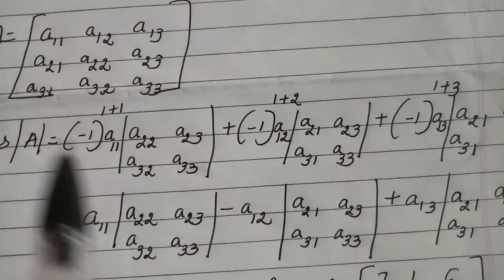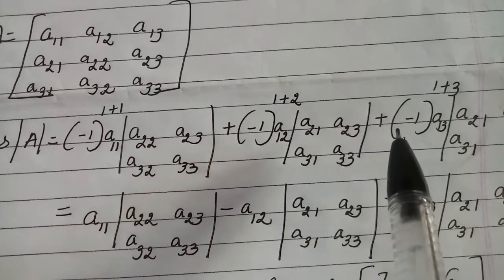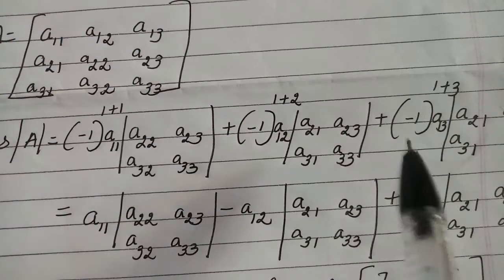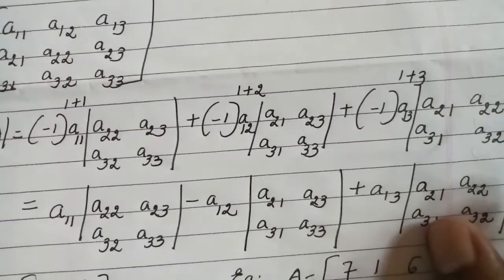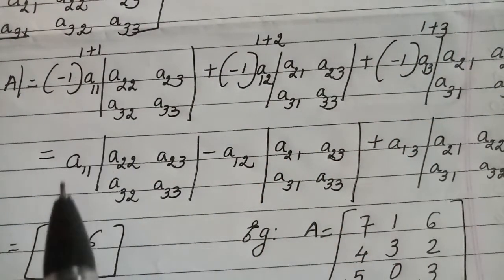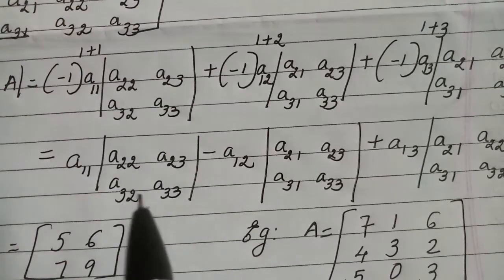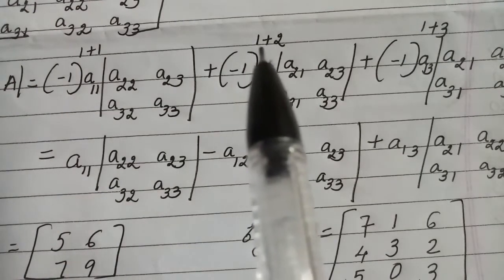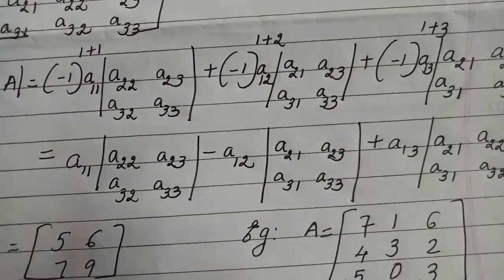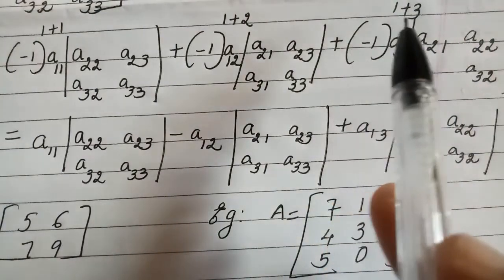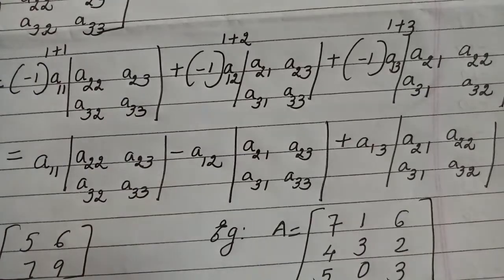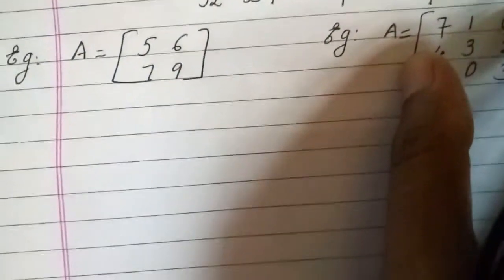Okay, these minus 1 powers are all determining the positions. You can see 1, 2: 1 plus 2, odd position; 1, 1: 1 plus 1, even position; 1, 3: 1 plus 3. So you need to learn this formula by heart. Now if you simplify this, you will see that minus 1 squared is 1, so this will become plus, remaining as it is copied down. Now 1 plus 2 is 3, and an odd power of minus 1 will give you minus. So minus A12 times this. Plus, 1 plus 3 is again even, so you will get plus A13 times this. Okay, now come back here. So this is the formula.